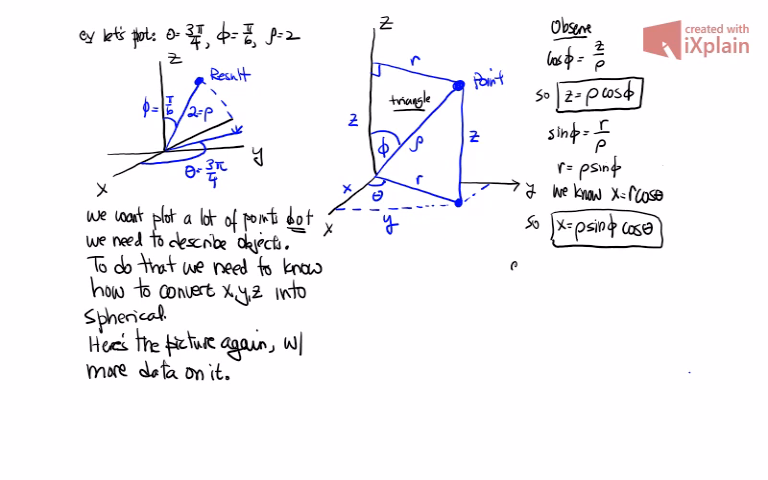And similarly, we know that y is r sine theta. So this tells us that y is rho sine phi sine theta. So these are our basic conversion things. This is z up here. This is x. This is y. Right? Now there are two other things that we can write down that are useful. So in addition,